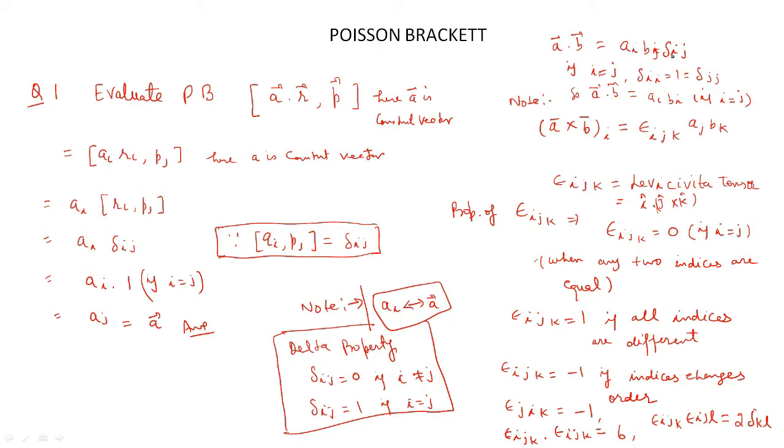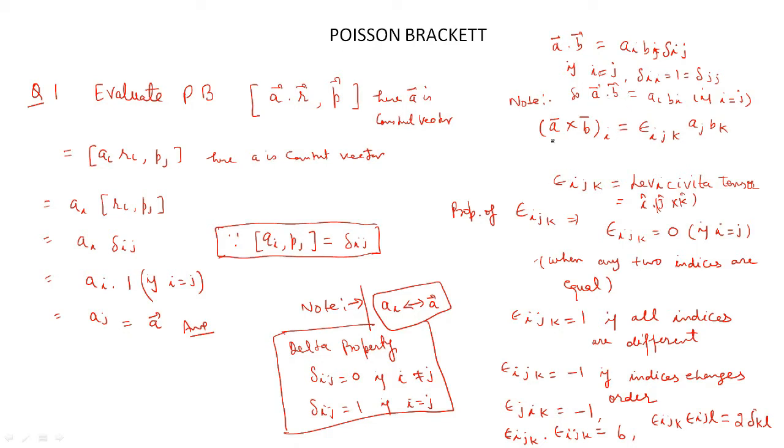Here delta is the Kronecker delta, and you know that if i is equal to j, then a dot b can be written as a_i b_i, because delta_ii is equal to 1, or similarly you can say that delta_jj is equal to 1. It is like your i dot i or j dot j is equal to 1. So you can write a dot b as equal to a_i b_i, or in problems if you have a_i b_i, then you can write it as a dot b.